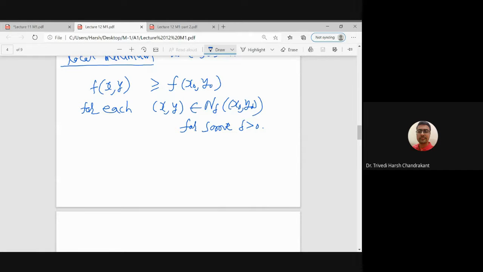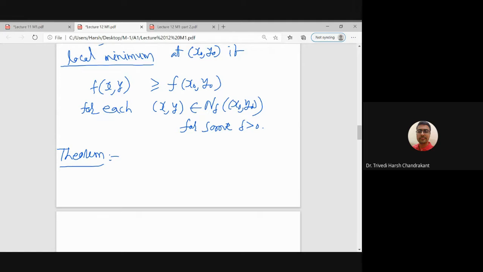So now this is just a definition. What we mean by local maxima, local minima? It concerns points near the point x naught, y naught. But how to identify that? So that is how to find the critical points. Let us write down the necessary condition for local extremum.